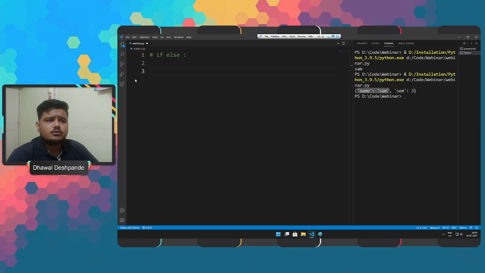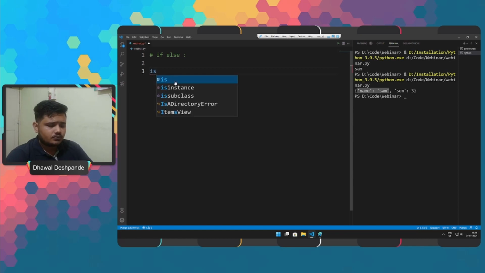When we talk about logical conditions and comparisons that we need, we use the if else code block. Let's check what the syntax is here.